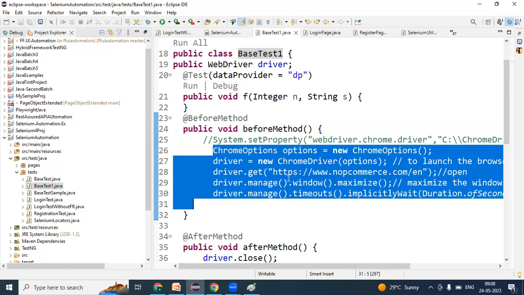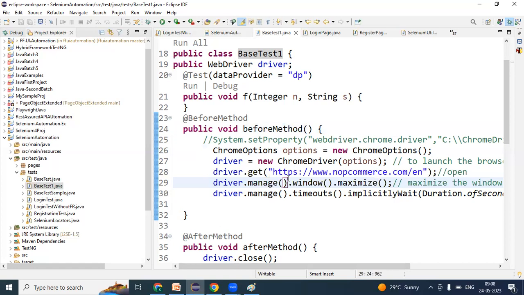In a property file you can declare browser equals to Chrome, and you need to get the instance of Chrome driver. If you mention browser equals to Firefox, for example,